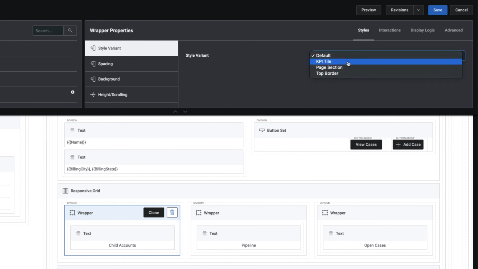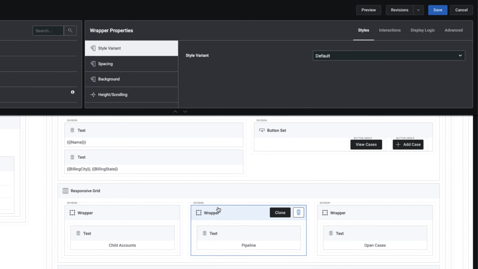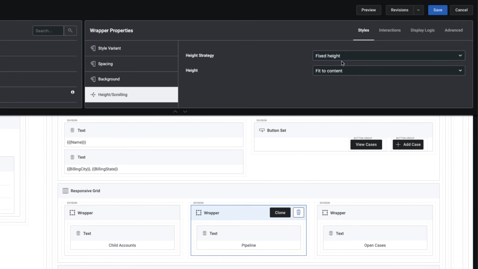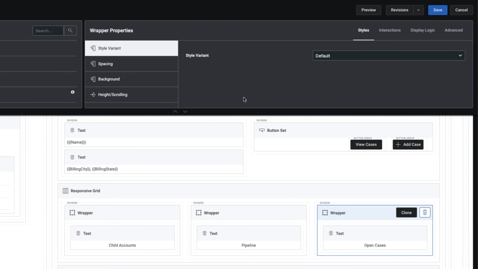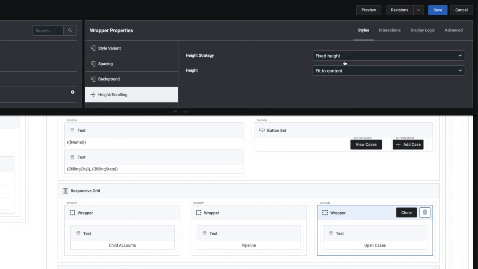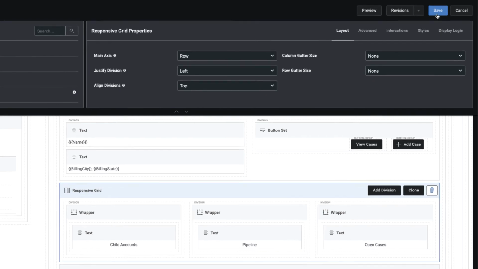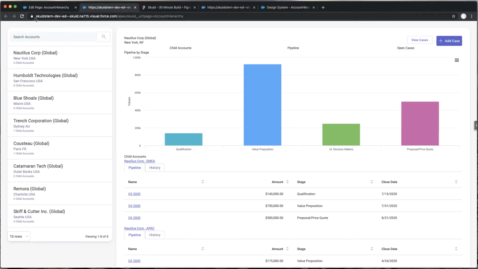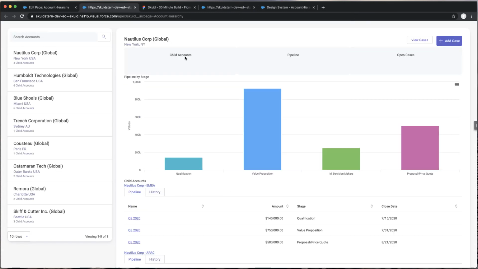Let's make sure I updated this. Nope, not yet. So change the style variant of the wrapper to KPI tile. And then for this second wrapper, same thing. So KPI tile, height, fixed height, and custom, 112 pixels. And same for the third, KPI tile, height scrolling, fixed height, and custom, and 112 pixels. All right, let's save that and check what we've got here. So we'll have some text looking a little bit better up top, as well as our KPI tiles,